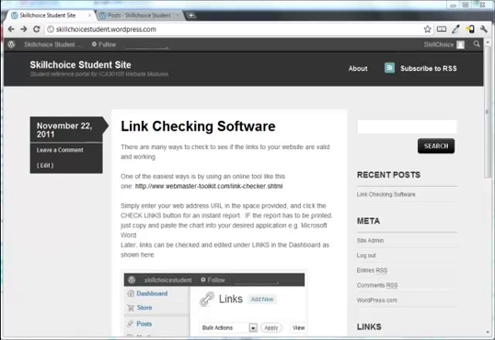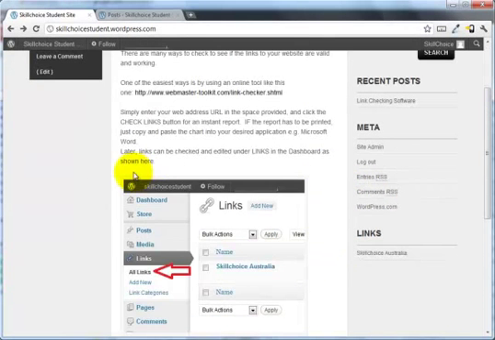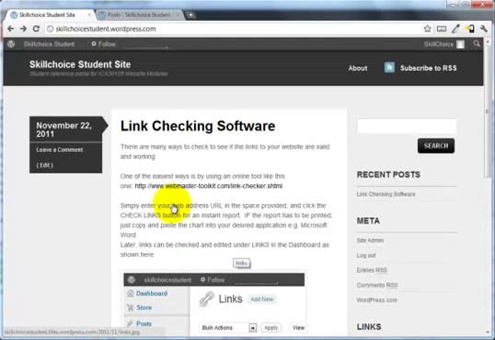Okay everyone, in this lesson I'm going to show you how to insert an image into a WordPress post or a WordPress page. This is an example of one that I put in a post earlier, and we're going to put a photo